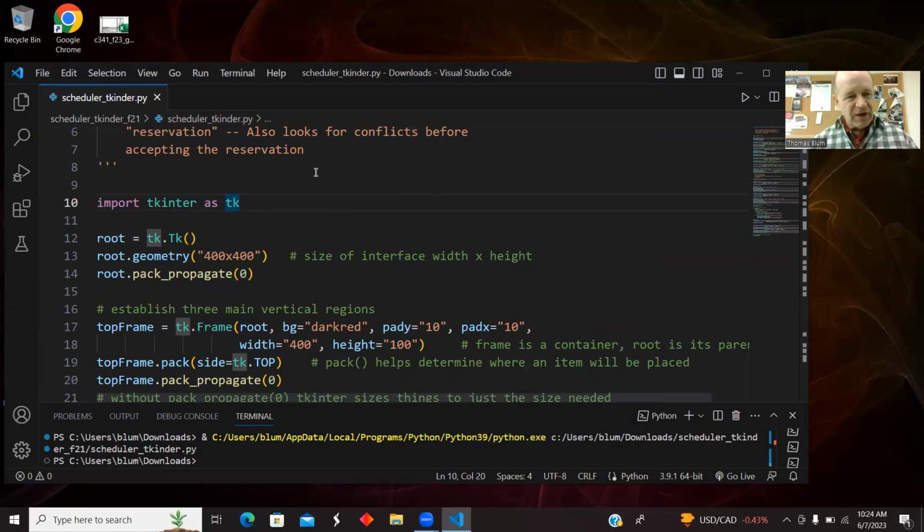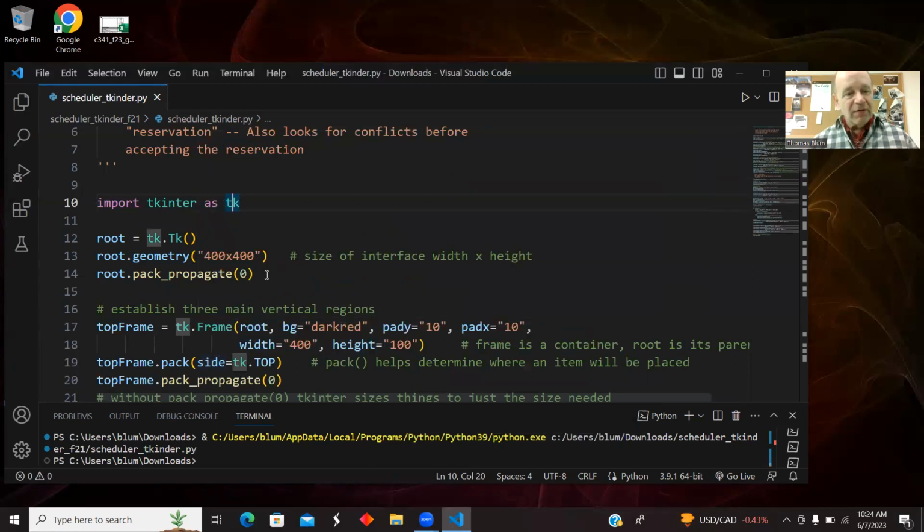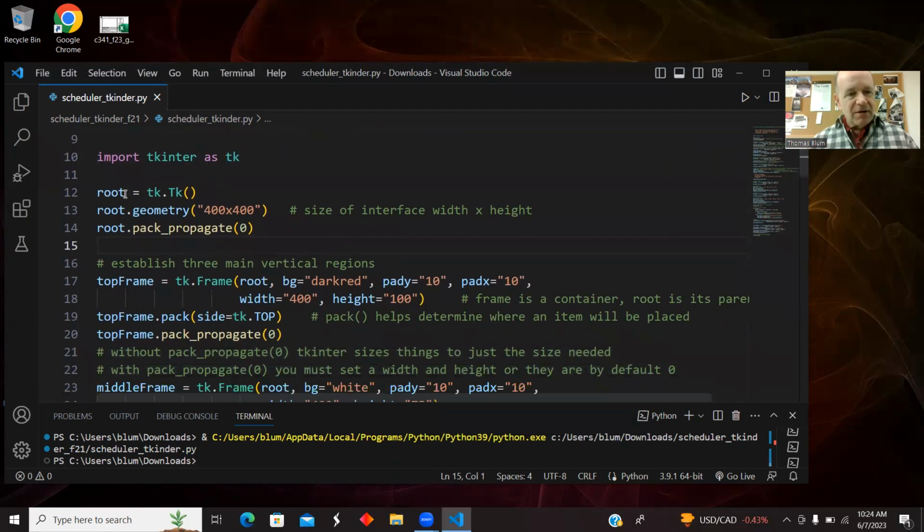Sometimes I will do it without giving it a name, and then it will just be understood as frame, what have you, but I was mucking about, and this was the version I ended up with at this time. Okay, so I said make it 400 by 400, and this